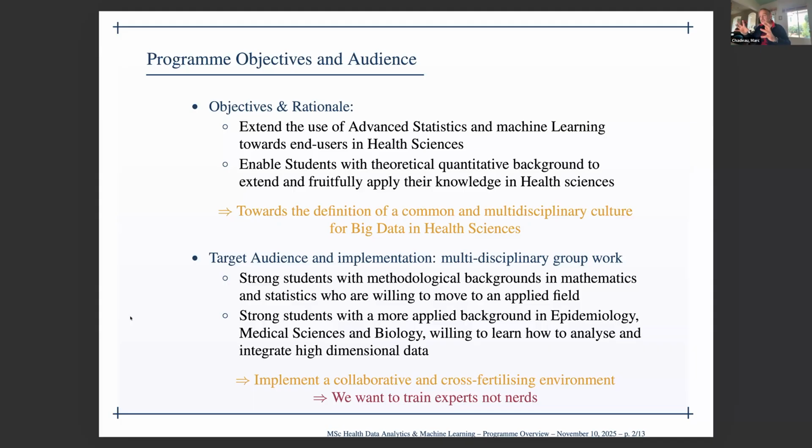So basically, based on these two communities that we're putting together, we're implementing a very collaborative and cross-fertilizing research environment within the program. And again, I keep putting that motto at the end of this slide, which originally came from a joke that we had with Thomas, but it's actually really what we want. We want to train experts and not nerds, in the sense that we don't want people that know everything about every single possible algorithm, but we want to have people that are intelligent and literate enough to be able to